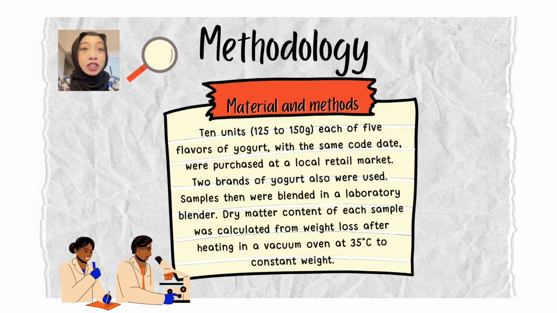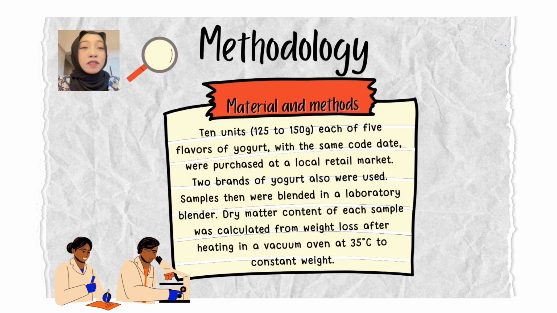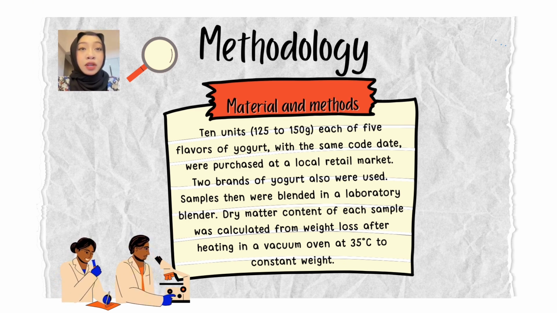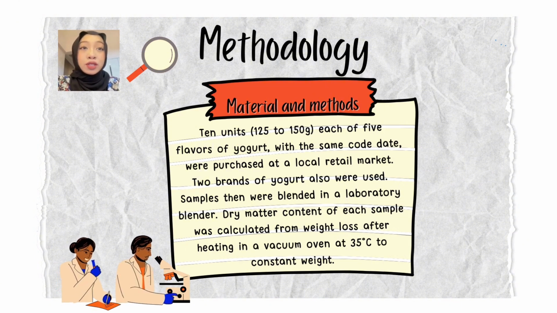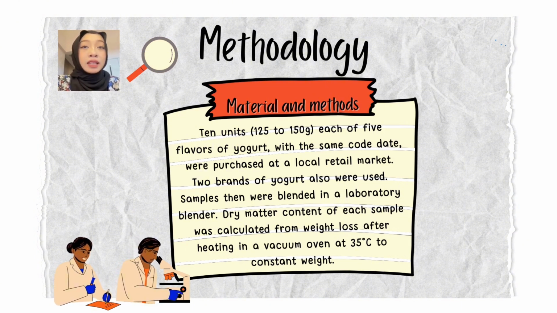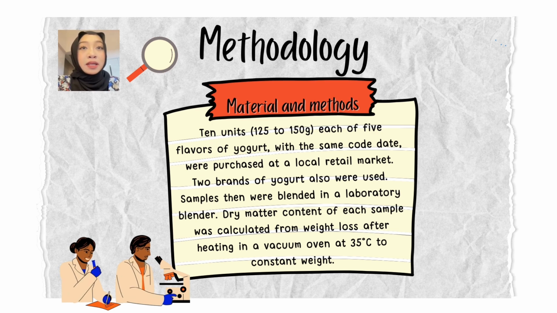For the methodology, materials and methods: 10 units of 125 to 150 grams each of 5 flavors of yogurt with the same code date were purchased at a local retail market. 2 brands of yogurt also were used. Samples then were blended in a laboratory blender. Dry matter content of each sample was calculated from weight loss after heating in a vacuum oven at 35 degrees